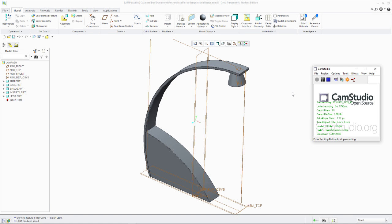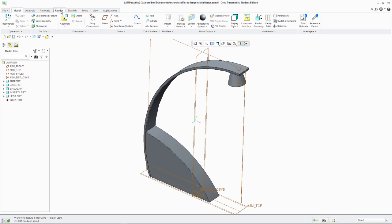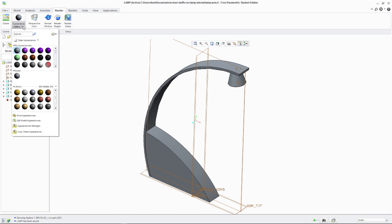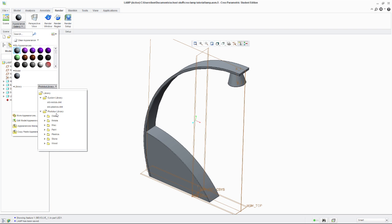Okay, so now we're going to try and make it look a bit more realistic by adding some materials to it. So if we go up here and we select render, and if I click on appearance gallery, there's already a few different colors in here, and some metals here which we don't really want. So if we click down here, we've got a library, and we're going to use the Photolux library here, and we've got glass, metals, miscellaneous, paint, plastic, stone and wood. So first of all we're going to use the woods,